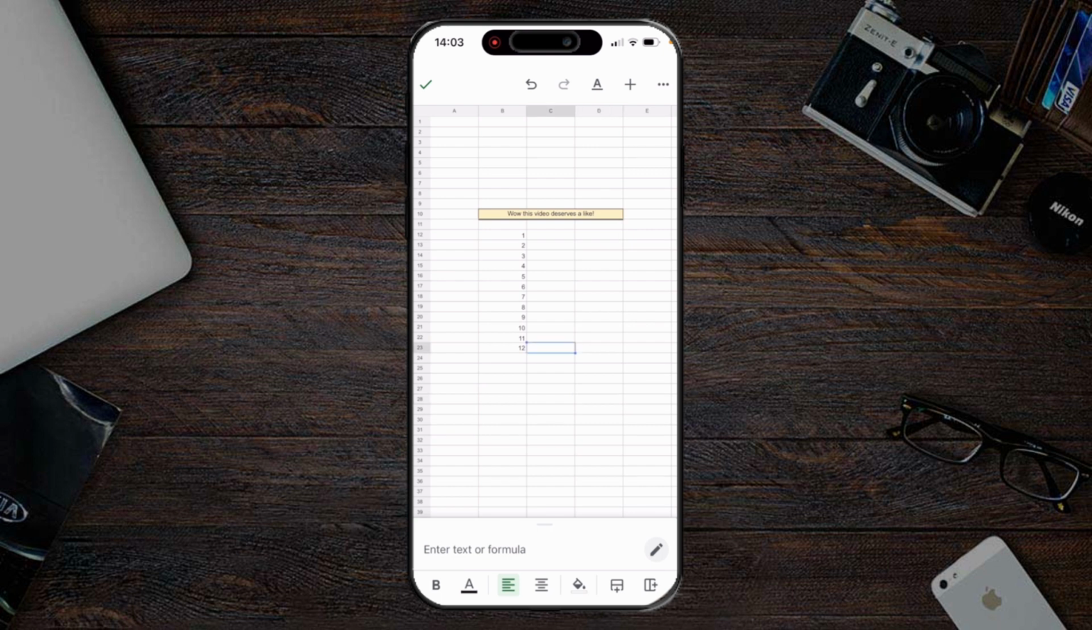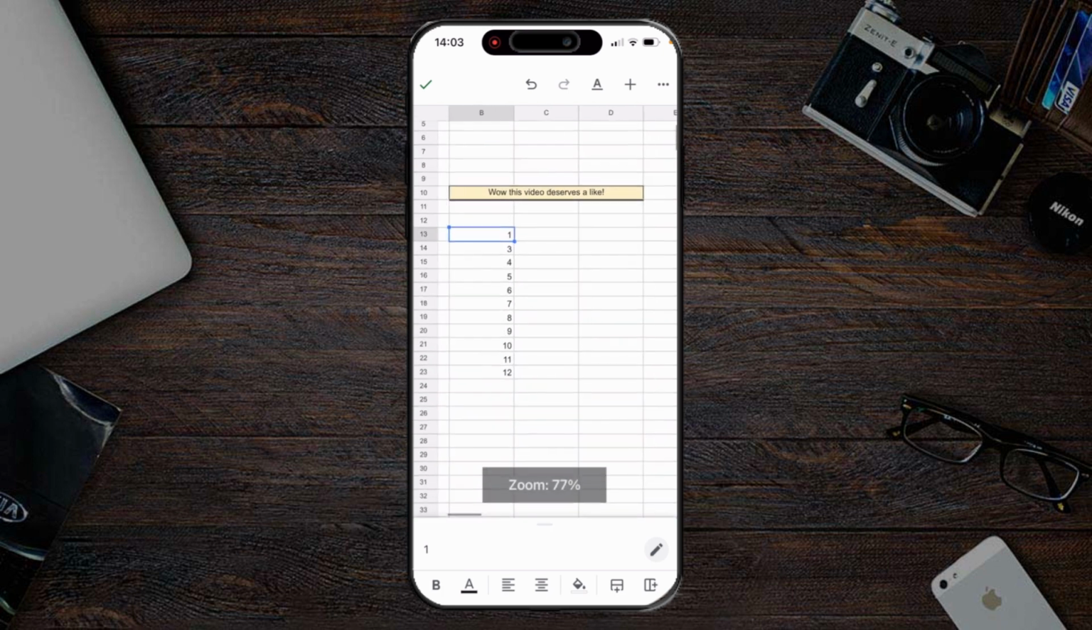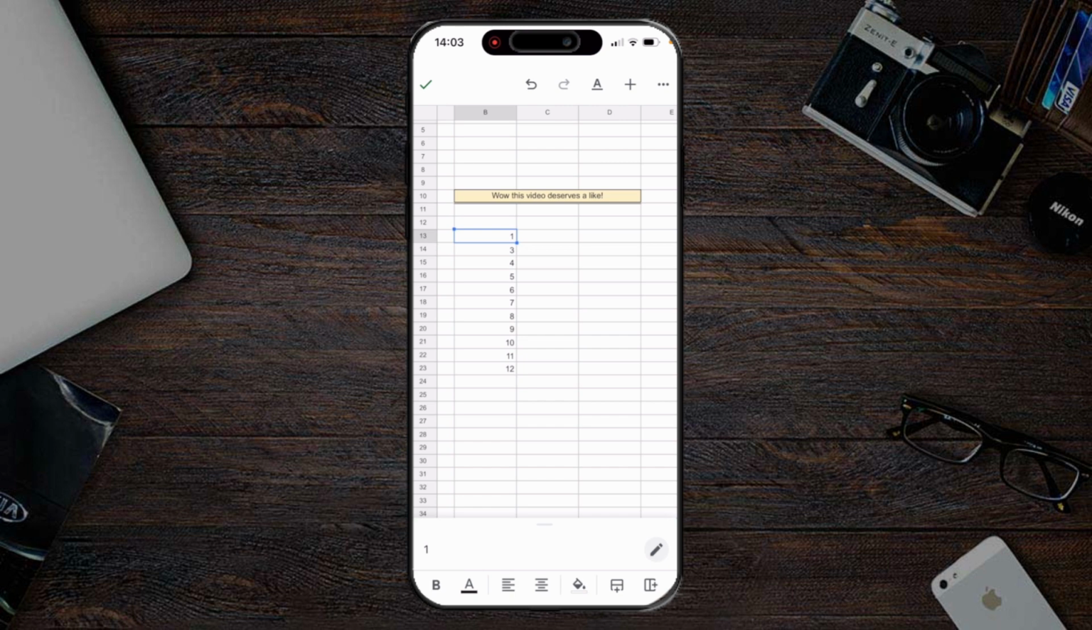Another cool thing that you can do with this, so say if we want to select all this again, you tap the first one and then drag the little blue dot. I got to zoom in because my fingers are too big, I guess, and I messed it up. So I'm going to go back actually. The top left